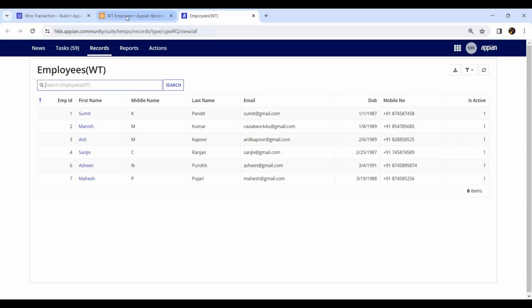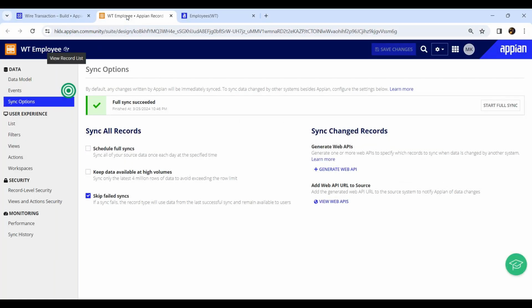Yes, sir. If we add a new data type, it will not automatically sync here, we need to do the mapping. So what we need to do is, suppose a new column is being added to the database, we go to the data model,